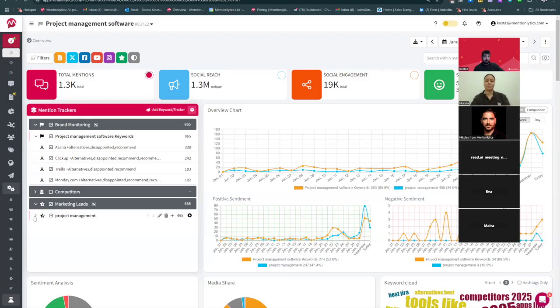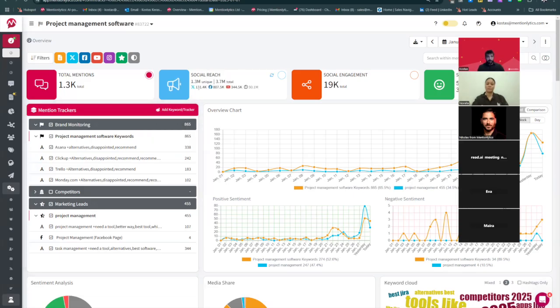So having this in mind and having what the industry is, which can be described as project management industry, task management industry, etc., we're going to see how we can identify particular threads. The most important thing when setting up a social listening tool, and I'm sure if anybody here has had either a demo or they have had any look into our blog or our YouTube video or anywhere else, you're going to realize that the most important thing is setting up the keywords properly.